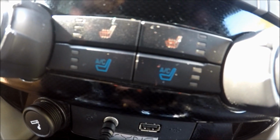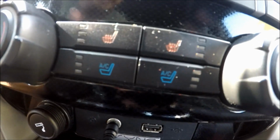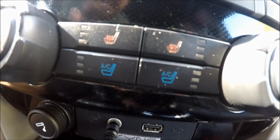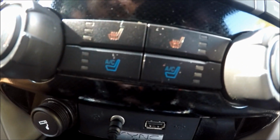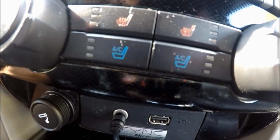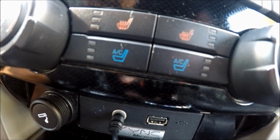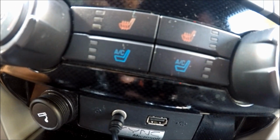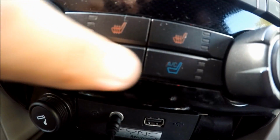And then we have the heated and cooled seats. That's right, this Ford F-150 FX2 comes with not only heated seats, but cool seats. All you gotta do is hit the little button. Actually, I would probably never recommend using it. It literally just feels like you sat in a giant puddle of water. Your butt just feels mushy and wet. It feels like you have a wet diaper or you just soiled yourself. So I really don't recommend using the cooled seat feature, but either way, it's a pretty cool little thing that